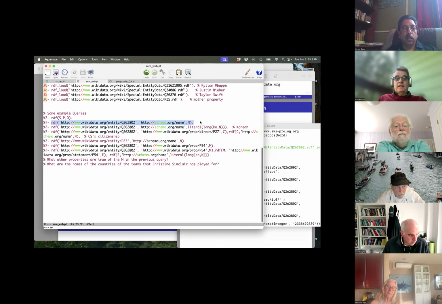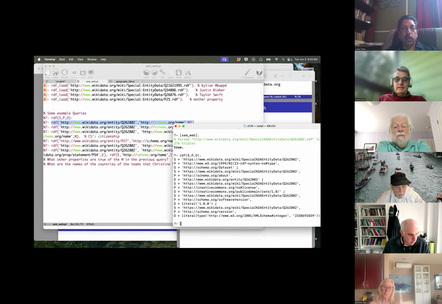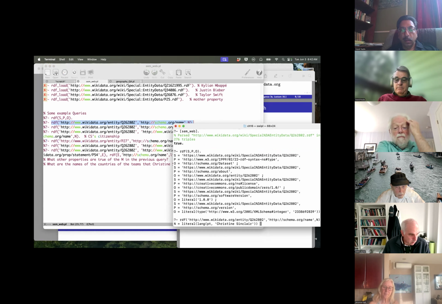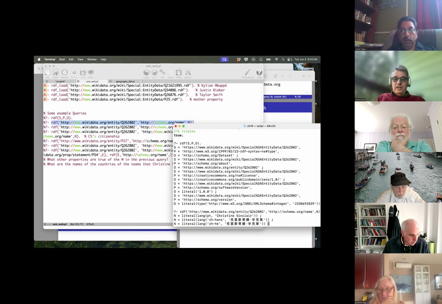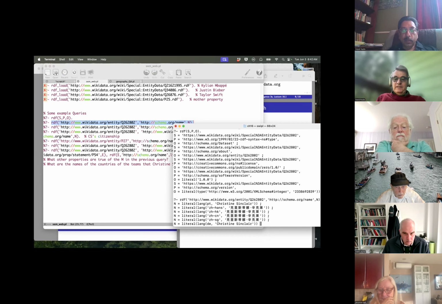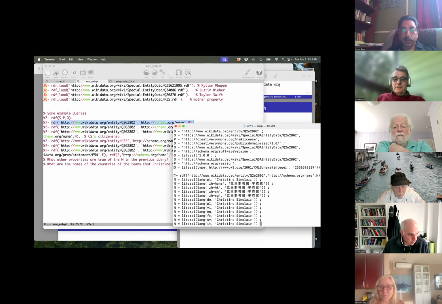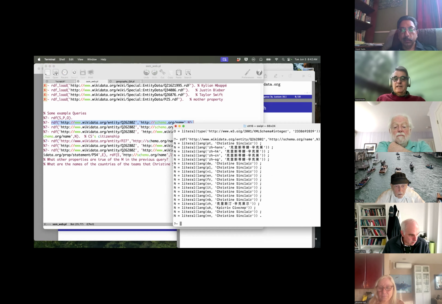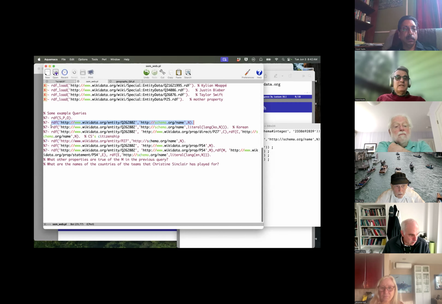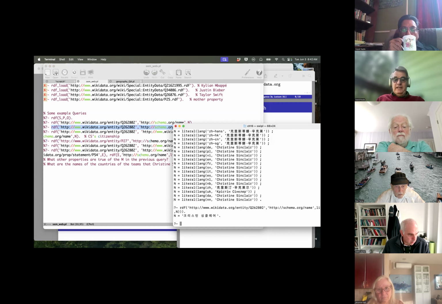This is Christine Sinclair, and we can ask for her name, so that's following one of those arcs. We can ask for her name, and there it is in Portuguese. There it is in, I don't know, ZH, I think it's Chinese. This is Hong Kong Chinese, and there are lots of different languages. It has her name in it. So we could access that graph directly, and here's how you'd ask if you wanted it in Korean.